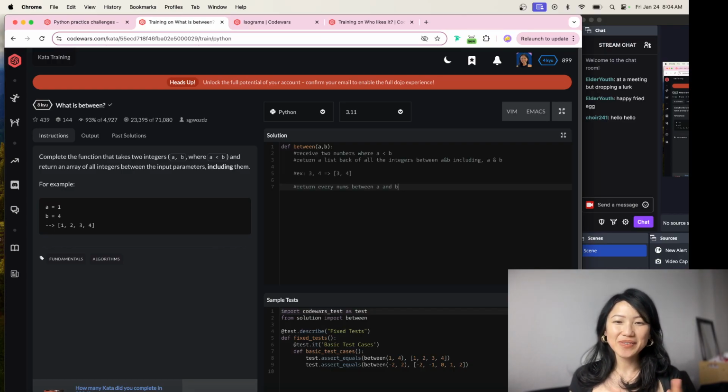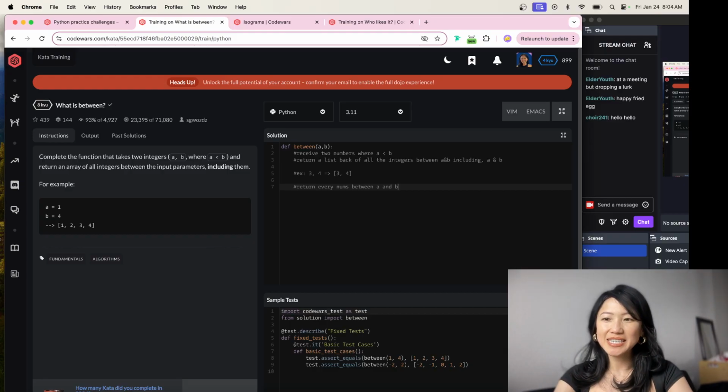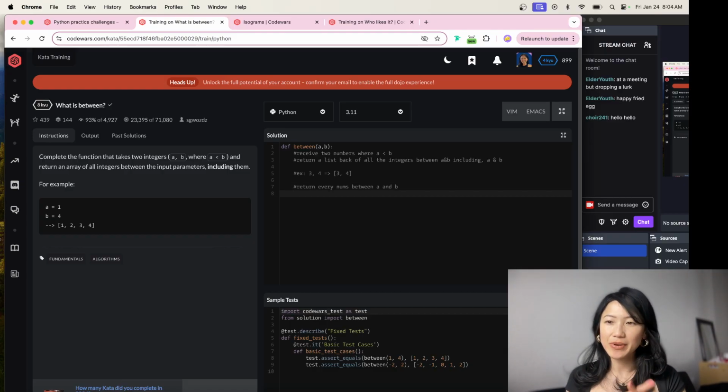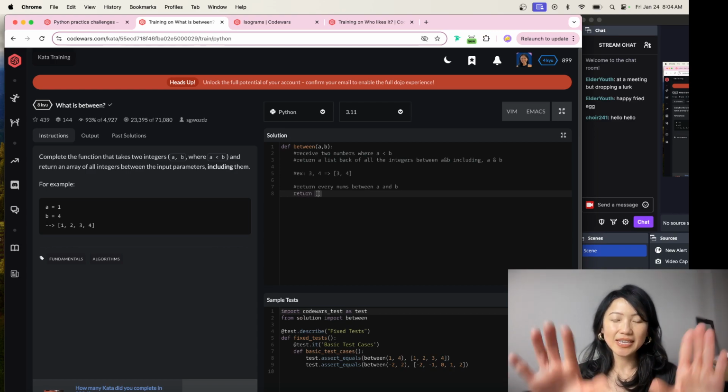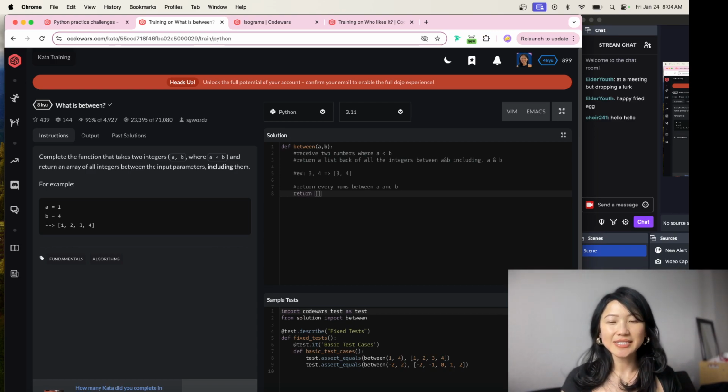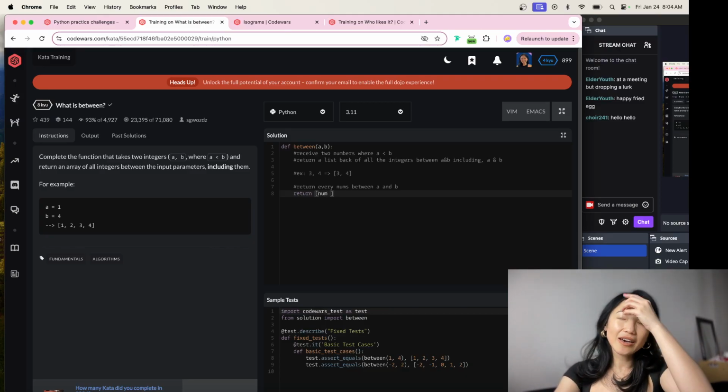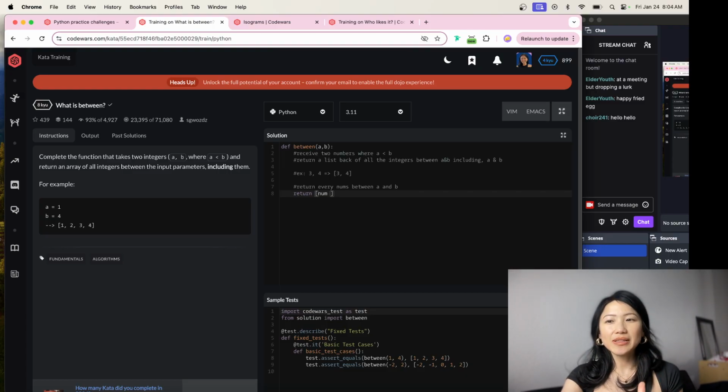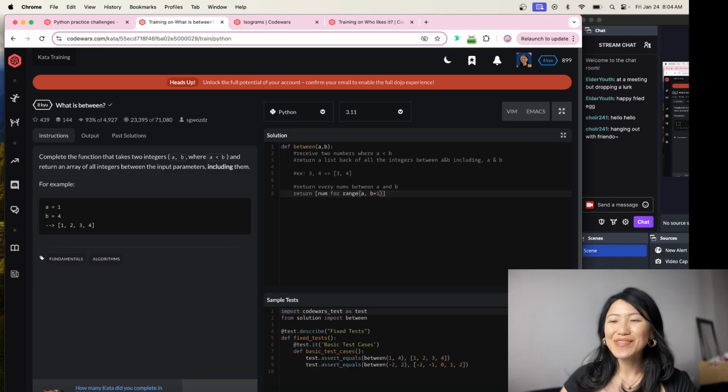So yeah, we're going to return every num right between a and b. And since I know that it's going to be a list comprehension that I'm returning back, I am going to go ahead and say return, and I'm going to say a list. Okay, so the way you write list comprehension is that you're saying return the num for range a to b plus 1, and the reason why you have to do b plus 1,